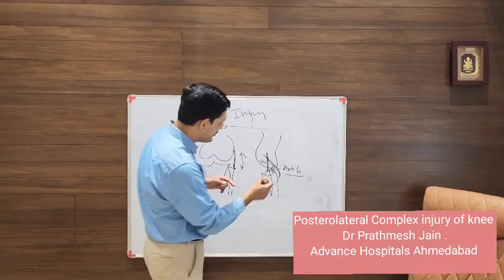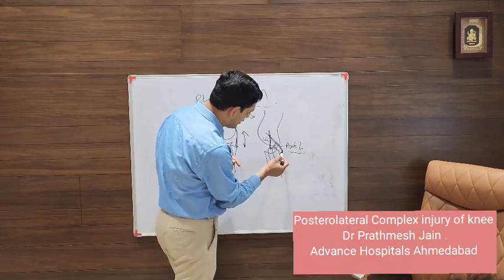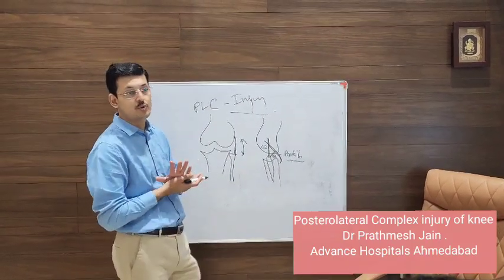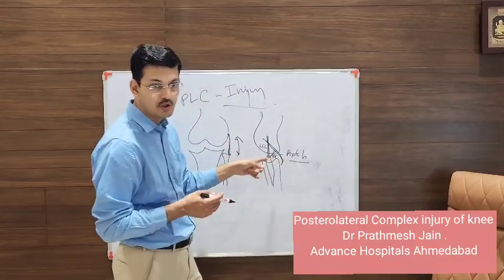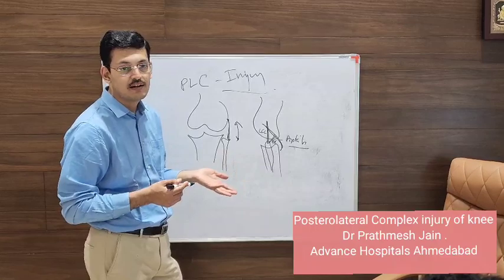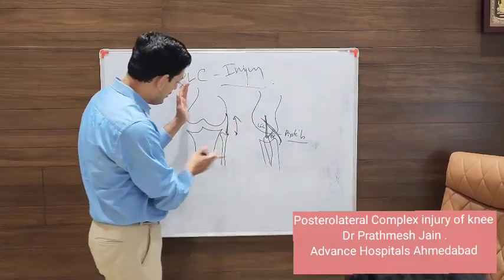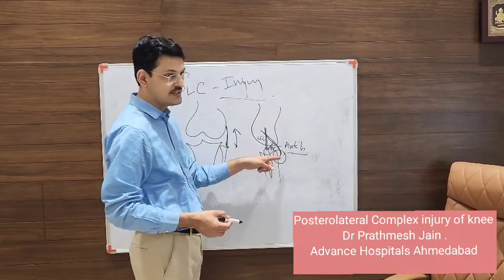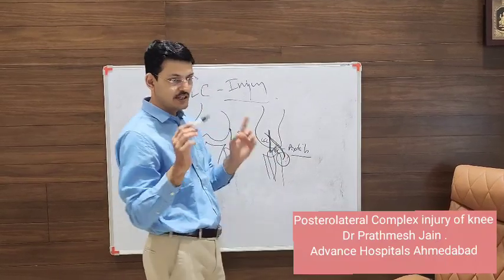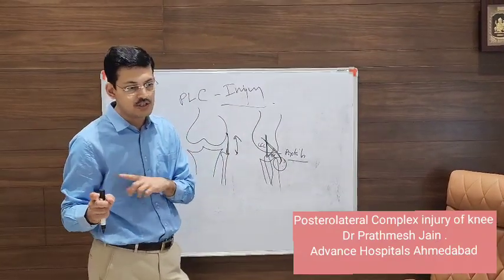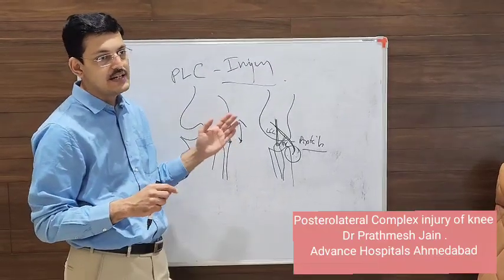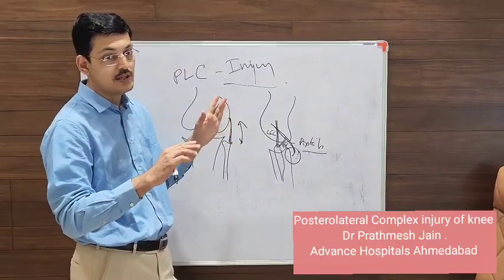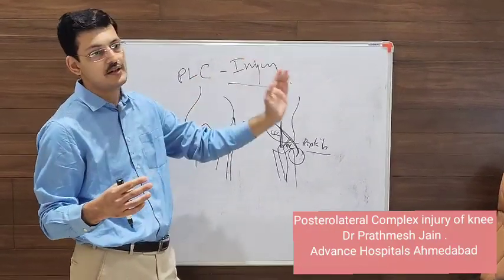Now the important thing here is because it is attached to the posterior structure of the tibia, it is an important restraint to external rotation. So whenever a posterolateral complex is torn, the patient's external rotation will increase. So not only will there be a varus thrust, but there will be increased external rotation. So this is an important sign. If the patient has an external rotation which is more than 10 degrees compared to the other knee, then it is suggestive of a PLC injury. I am talking about 30 degrees. If it is in more flexion, then it is a PCL with PLC.